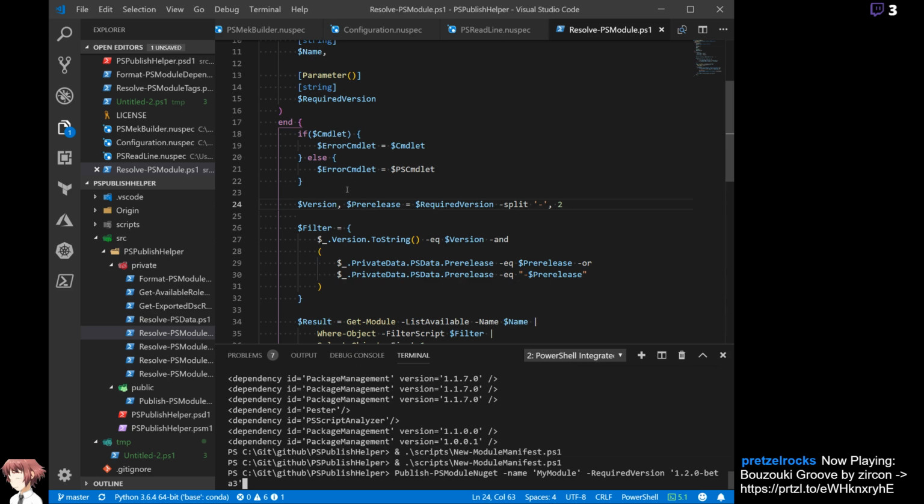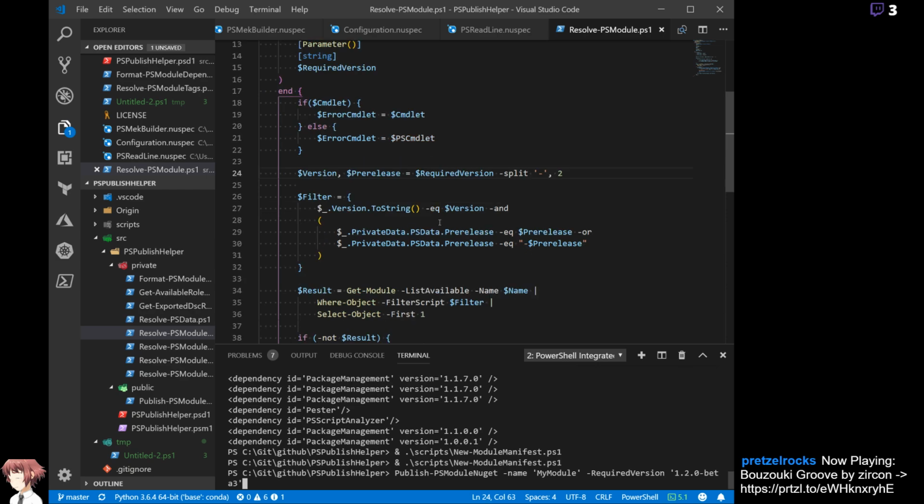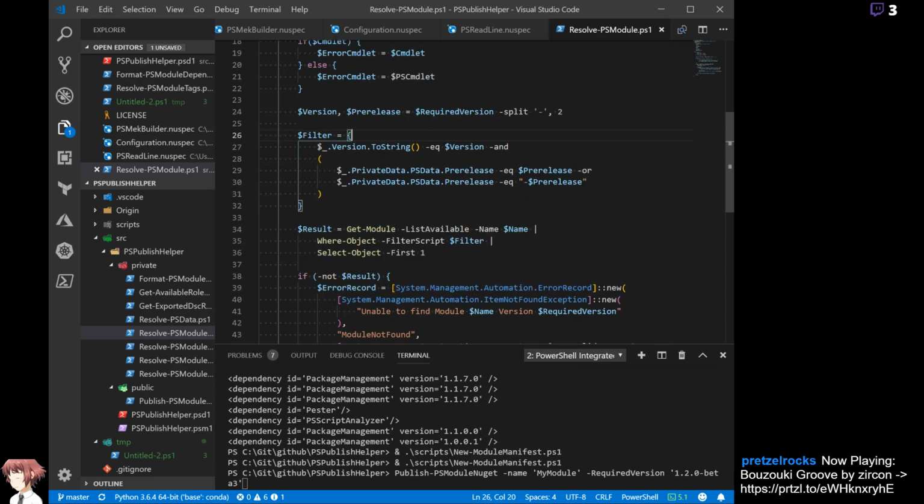So what I've kind of done here is I've done some logic to kind of find the right module from the available modules. So we basically split the required version on the dash, so that would split it between 1.2.0 and beta3, and then we can do a filter later where we do the version ToString, make sure that equals version, and also check to see if the